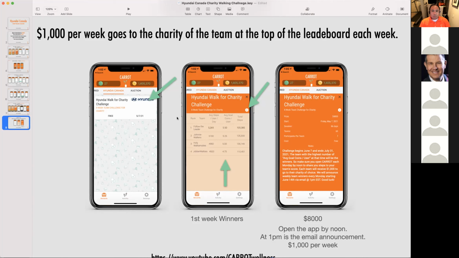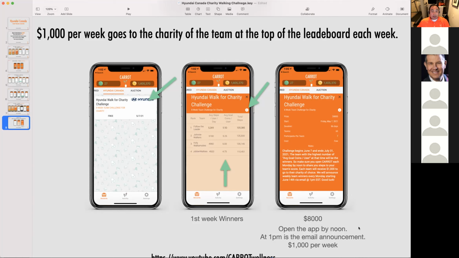Carrot's very private as well. You don't have to log out of the app every day. We actually encourage you just to stop the app. We can't interrogate your phone and get the steps from you without you knowing. The only way you can share steps data with us is actually to start the app itself. Even if you had the app on, we can't pull that data until you start it up again. So that's how we gather your data from your phone. It's because you started the app and